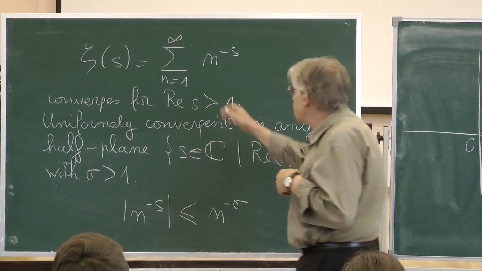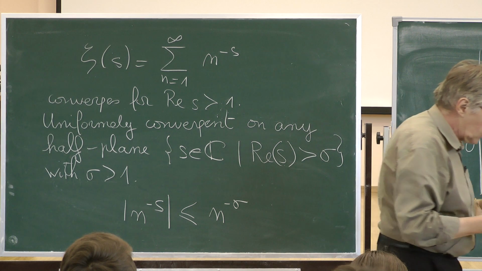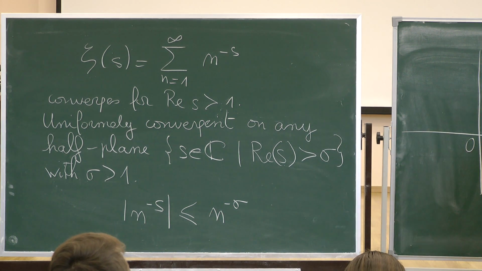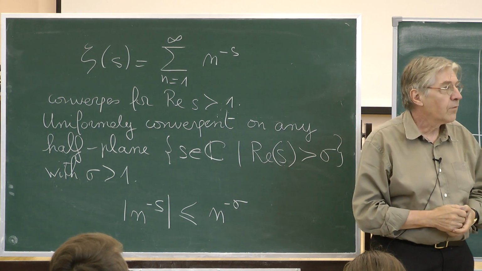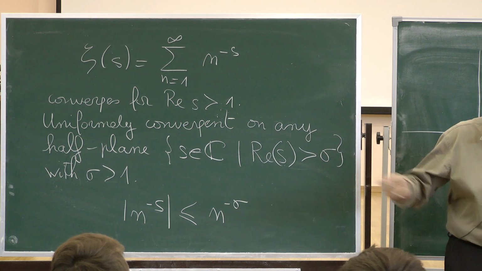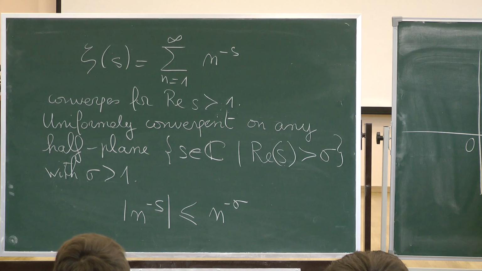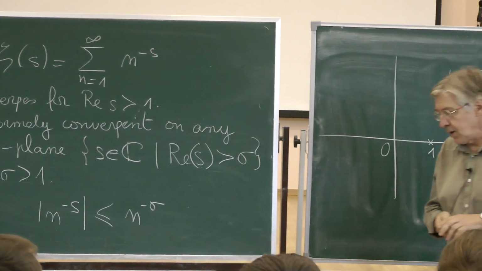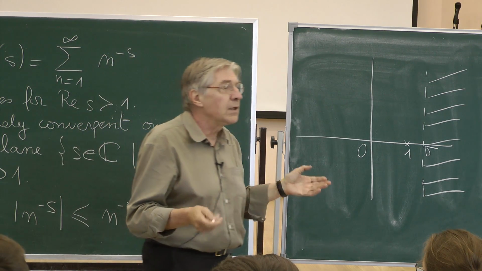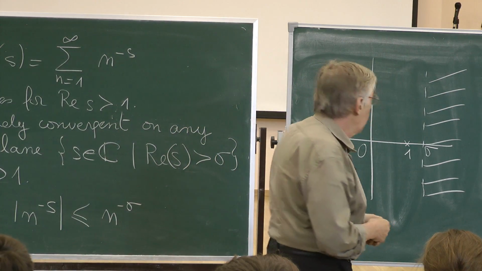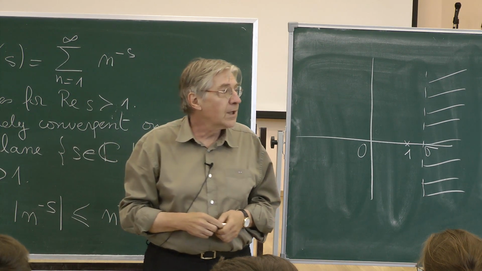Now, since the functions on the right-hand side are all holomorphic functions, we know that when we have a uniform limit of holomorphic functions, the limit is holomorphic, and this explains why zeta is holomorphic. But it is a little bit better. Without being cautious, we can take as many derivatives as we wish. So not only does this equality hold, but all derivatives hold as well.